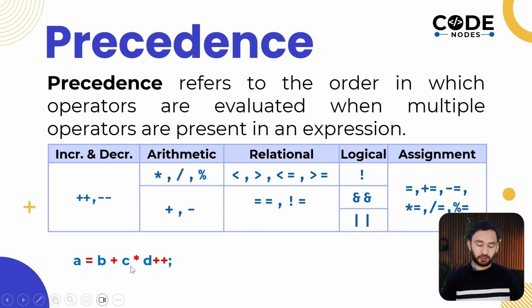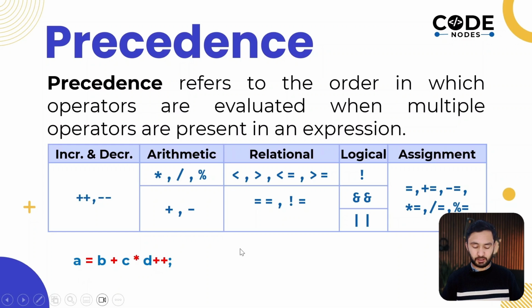Let me show you an expression where multiple operators have been used. If we evaluate it theoretically as per this table, as you can see, the increment and decrement operators have the highest precedence and it has been used here with D. So this D++ will be evaluated first, and after that, among these 3 operators, multiplication has the higher precedence. So second, this operation will be evaluated. And thirdly, the plus has higher precedence than the assignment operator. So this will be evaluated third, and lastly this assignment operator will be evaluated